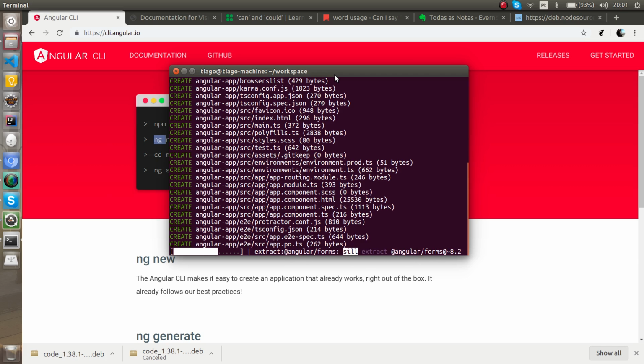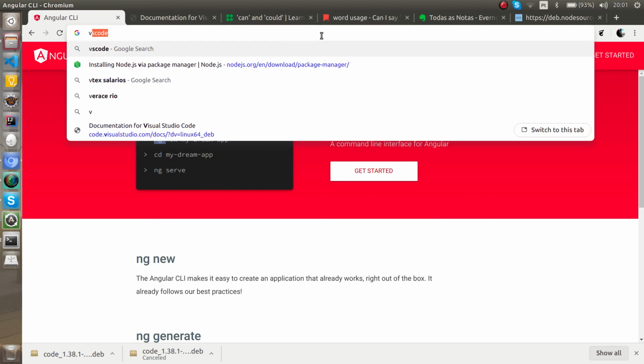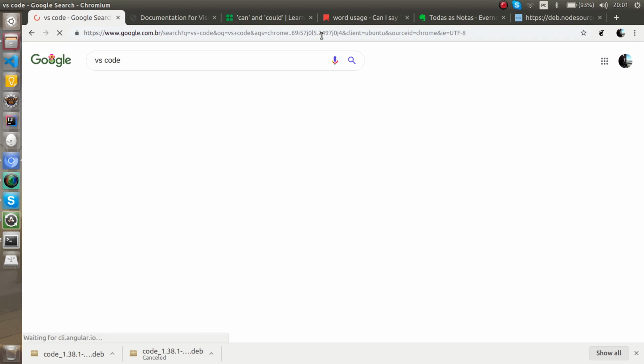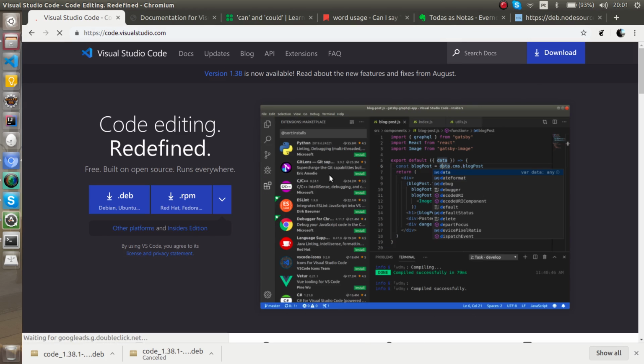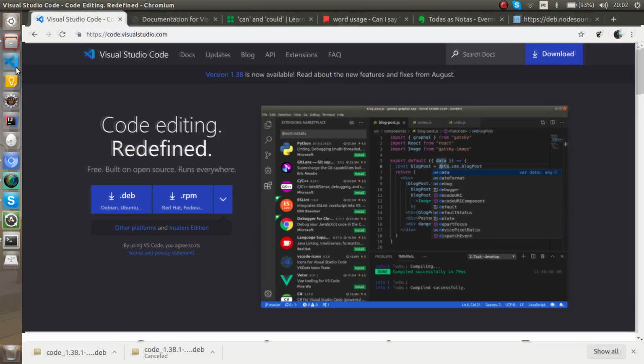And the last tool that we're going to use is the code editor, and my favorite code editor is VSCode. Okay, VSCode, we can type this on Google, code.visualstudio.com, and in my case it is the .deb. Okay, but you could install it on your platform as well. And when you finish installing it, you will access